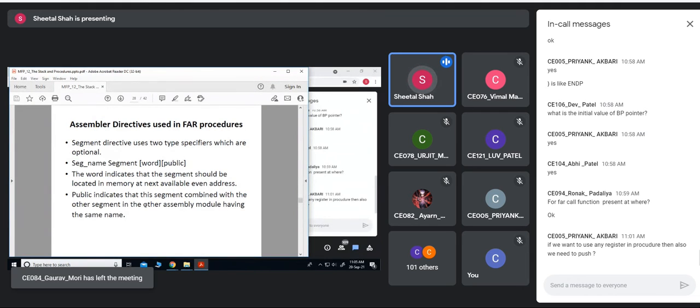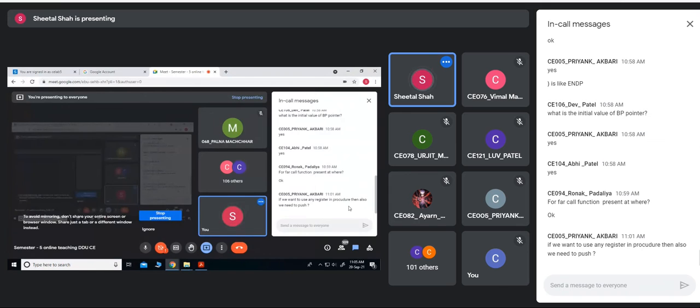So here we are writing two different assembly modules. One assembly module's segment can be combined with the other assembly module's segment, and both of them should have the same name. Is this clear?